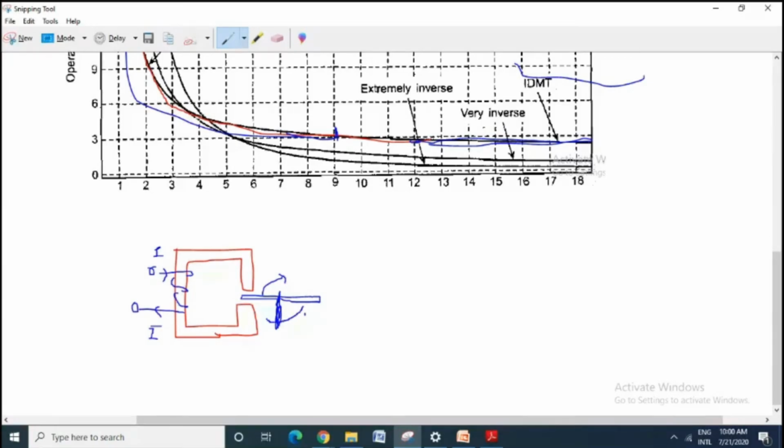Now let's say we are looking at this disc from the top view. The disc will look somewhat like this. This is the whole disc, and this is the centrally pivoted point. At one edge of this disc, we have this kind of electromagnet,